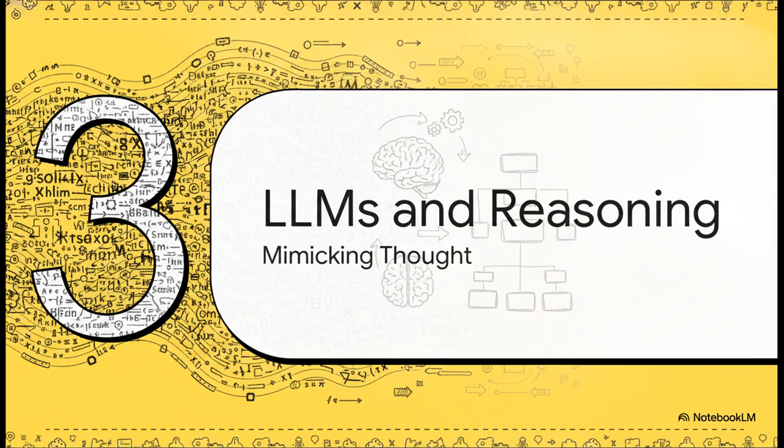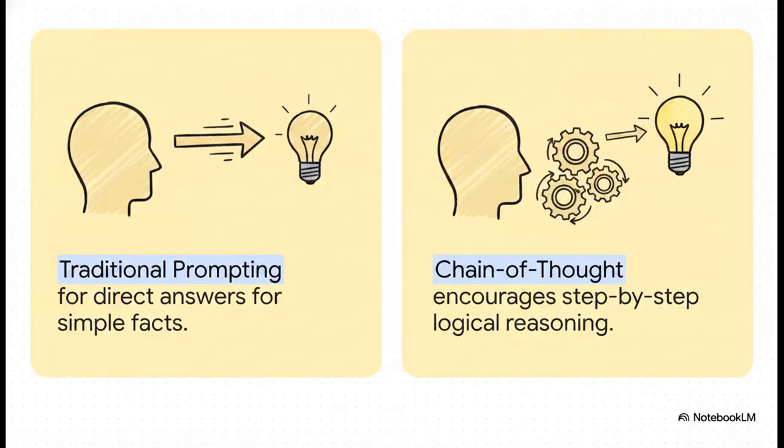All right, let's hit Section 3, Large Language Models and Reasoning. Let's see how all this translates to text. So we know how AI generates images, but what about processing text and mimicking logical thought? When we talk about a large language model reasoning, we have to be a bit careful. The model doesn't understand the world like you or I do. It's essentially just predicting the most likely next word based on massive amounts of pattern recognition.